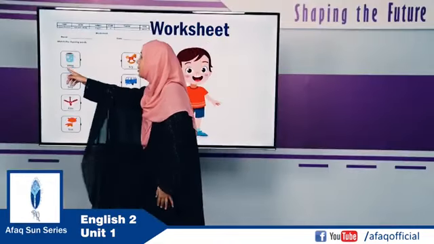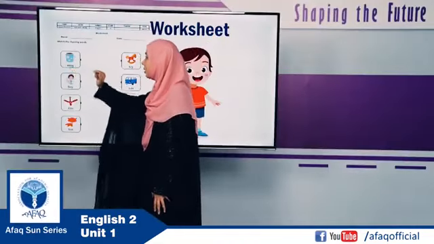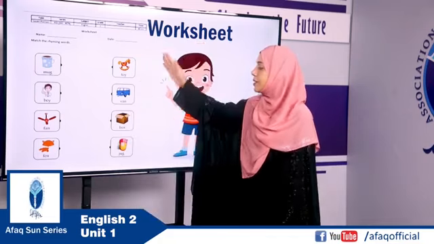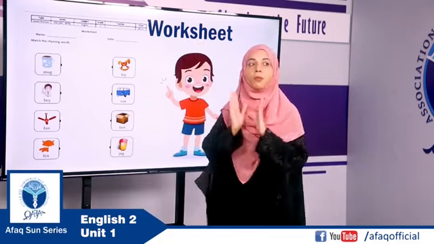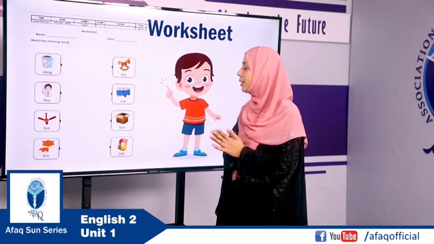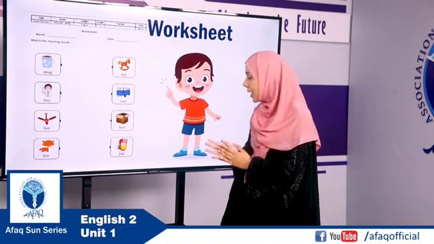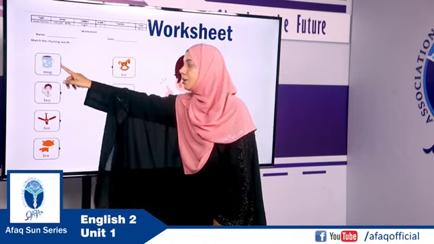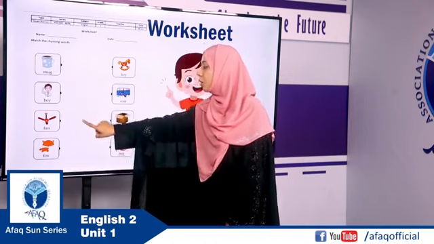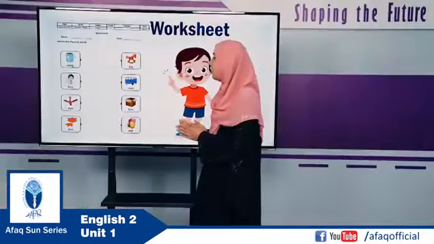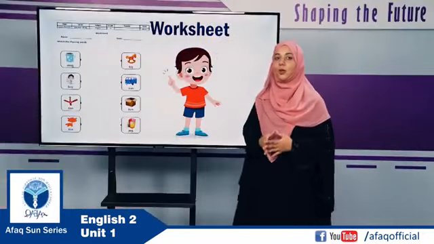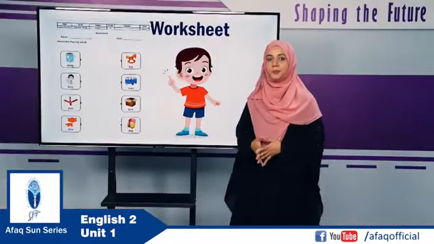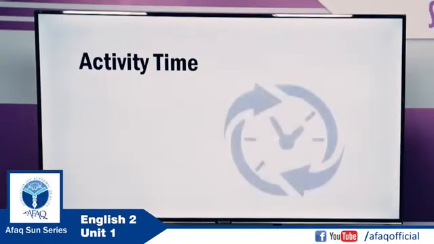For example, the first word is mug. Can you find a word in the second column that rhymes with mug? Can you find one? Yes, this word jug rhymes with mug. So we will draw a line from here. Very good. In the same way, you have to complete this worksheet. Now let's turn to our next